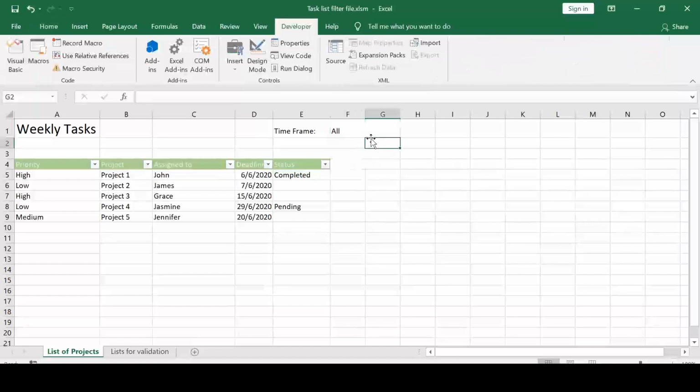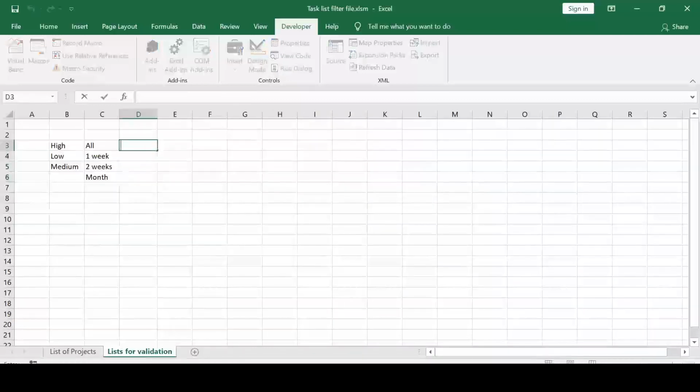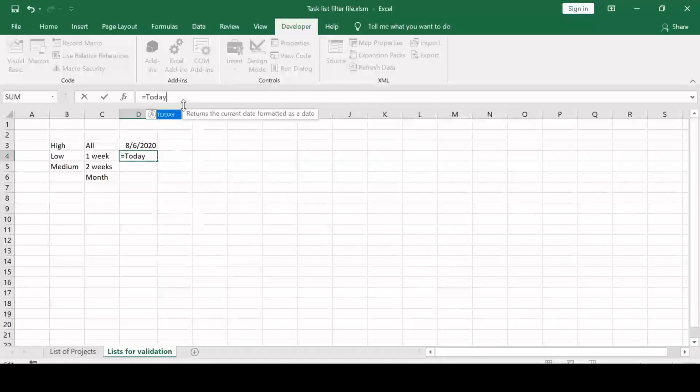We'll be starting with today's date, followed by 1 week, 2 weeks, and a month. I'm going to put all the formulas on another sheet, so no one is going to change anything here. So let's go to the other sheet and start with today's date, which is today, and then the last day of the first week. So let's just go today minus weekday